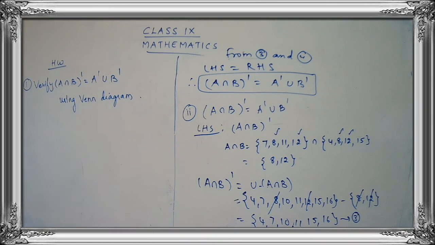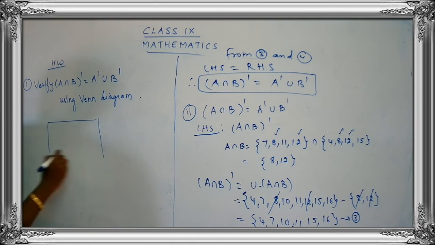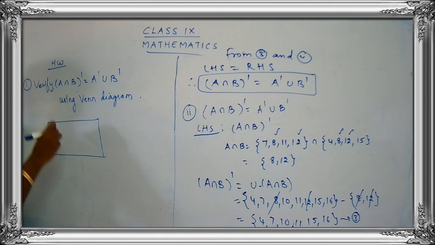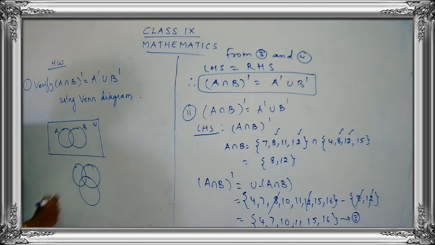So you have to use a Venn diagram and you are going to verify. Now here we are dealing with only 2 sets. Just see the question carefully. In the previous cases we dealt with 3 sets. So we did 3 circles, A, B, C. Here only 2. So you know how to draw the Venn diagram for 2 sets. First of all you have to draw a rectangular box and you have to show A and B here. This is a way of representing 2 sets. And for 3 sets you can just represent without a rectangular box. No need of using a rectangular box for those cases.